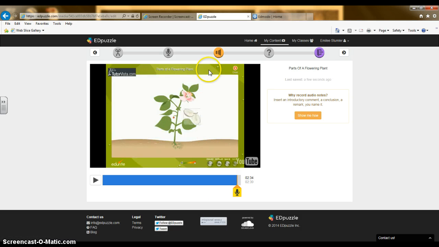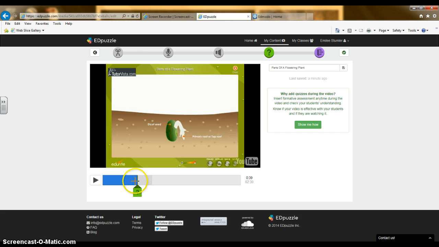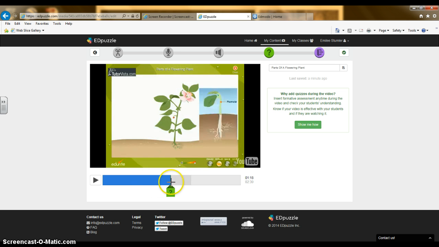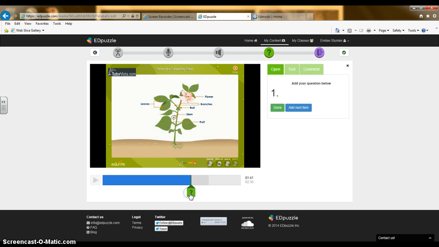Another thing that I really like about Edpuzzle is this fourth option, the quizzes. You can choose throughout your time where you want a quiz. Maybe after they start showing different parts of the video, you just click on the green tag, and all of the different options up here have a different color with them. With the question tab, you can either have an open response where you just say, which part of the plant,